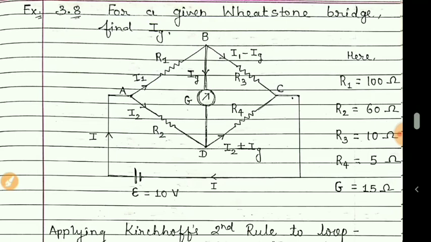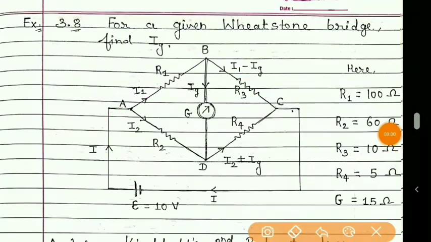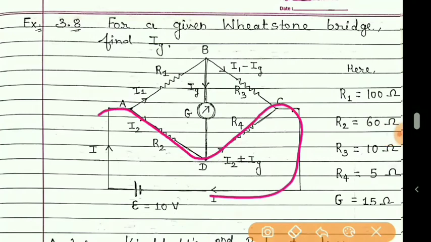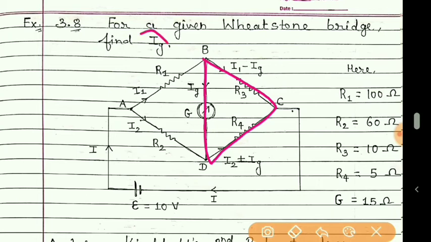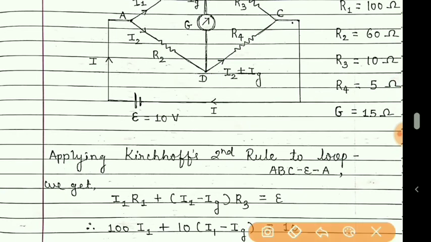There are many methods to solve this circuit. I have taken here loop ABCEA, then the second loop ADCEA, and then the third loop BCDB, and solving these 3 equations I have obtained the value of Ig. So students, let us first apply the Kirchhoff rule to